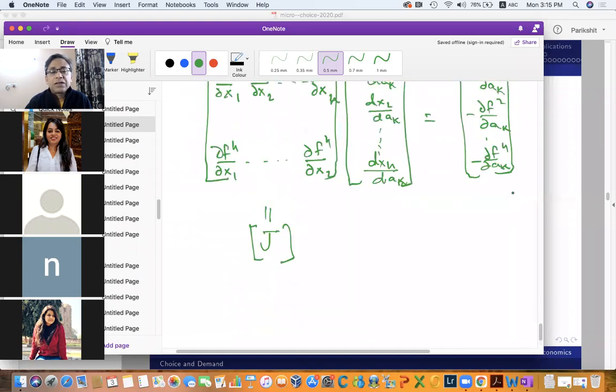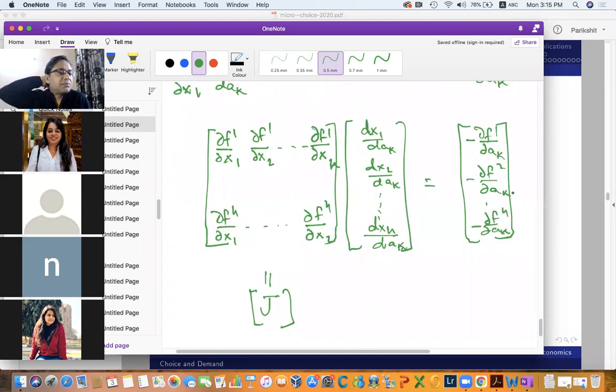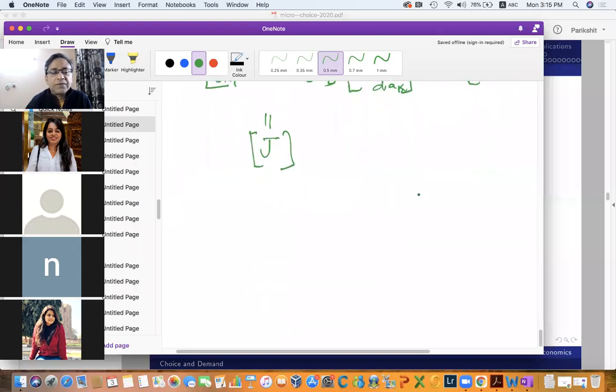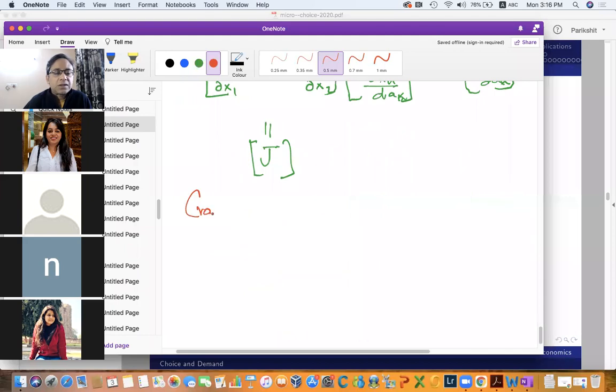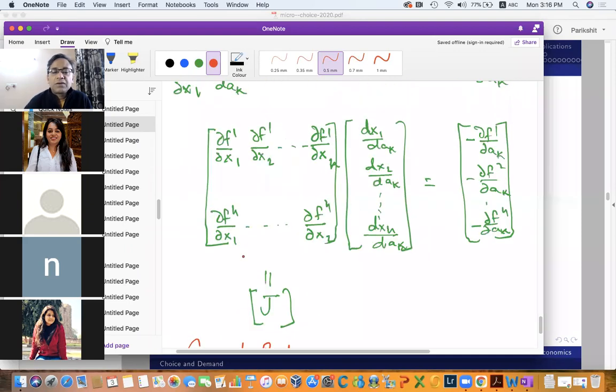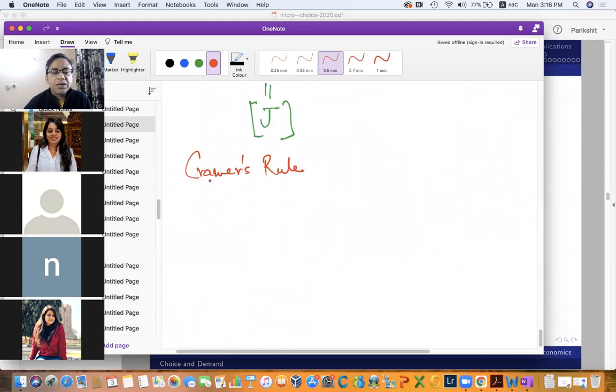Now, this is linear algebra. And again, I'll borrow stuff off the shelf. If we have a system of linear equations like this, we know how to solve them in linear algebra. We have to apply what is called Cramer's rule. And Cramer's rule tells us that the solution for the ith element over here, okay, the ith element, dxi dak,